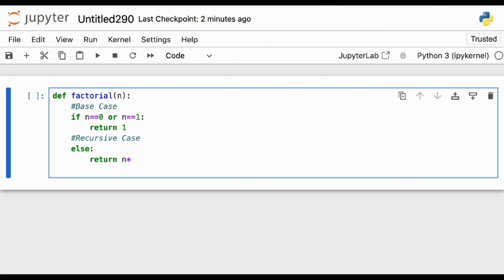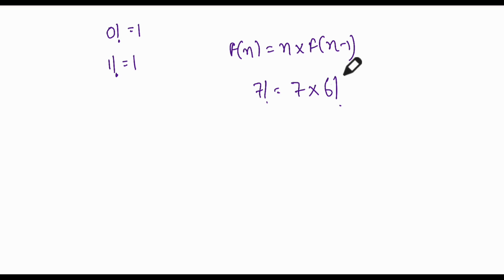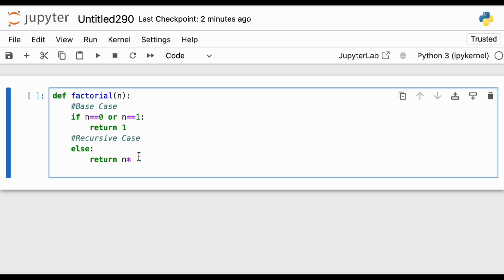What did we see? We saw that factorial of any number can be written as n into factorial of n minus 1, right? Just like we saw 7 factorial is equal to 7 into 6 factorial. So that is what we are going to write down here: n into factorial of n minus 1.